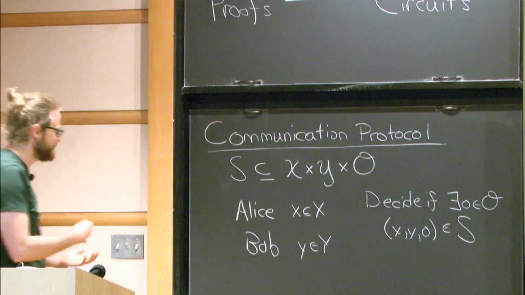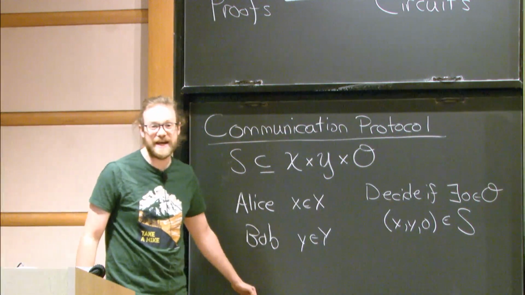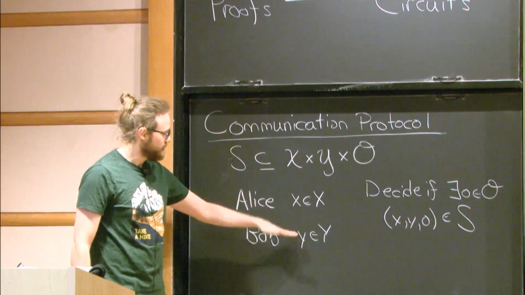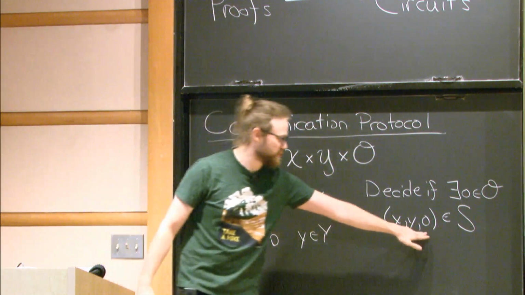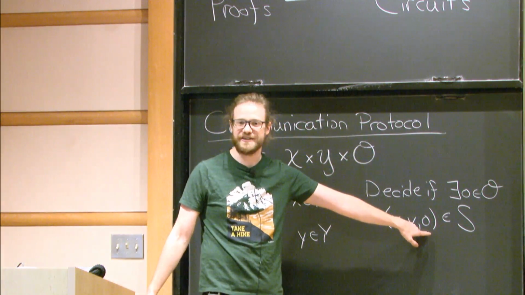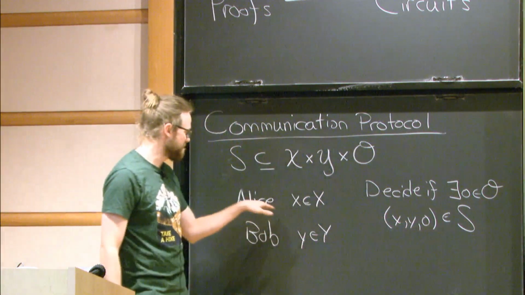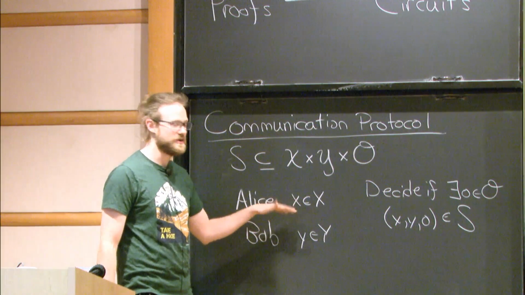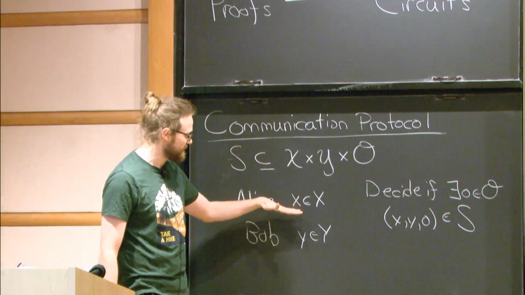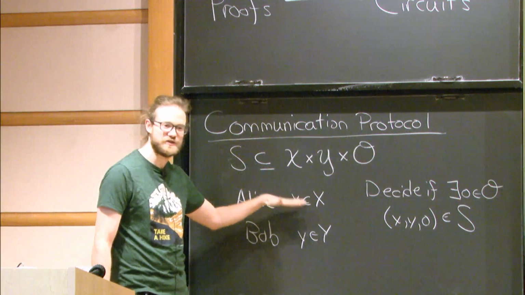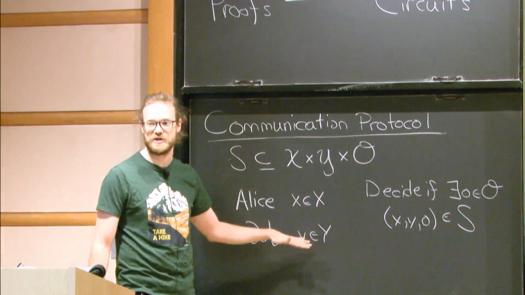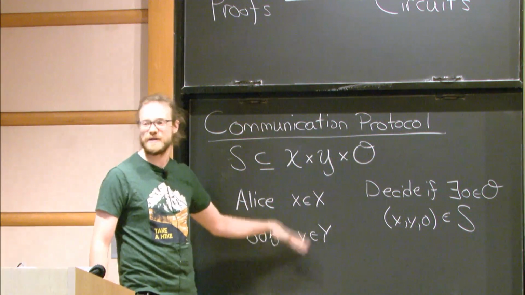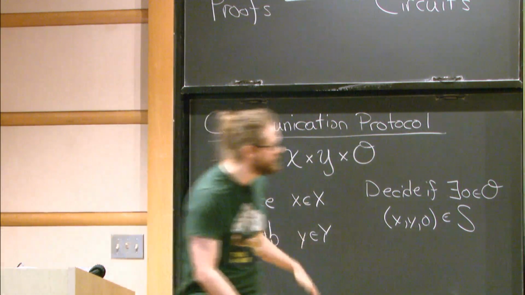So this is kind of like a search problem, but again in a distributed environment. Of course, the only thing that's keeping them from deciding this relation outright is the fact that Alice doesn't know what Bob's input is, and Bob doesn't know what Alice's input is. So the basic primitive is for them to communicate bits of information back and forth, and the complexity measure is how many bits of information they need to communicate. Okay,